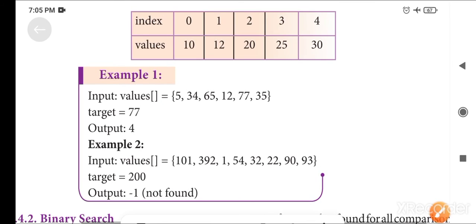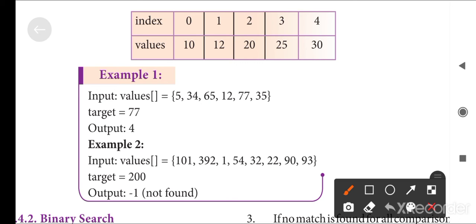In the linear search, suppose it has some values: 10, 12, 20, 25, 30.